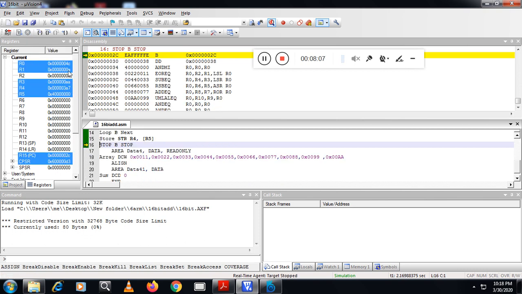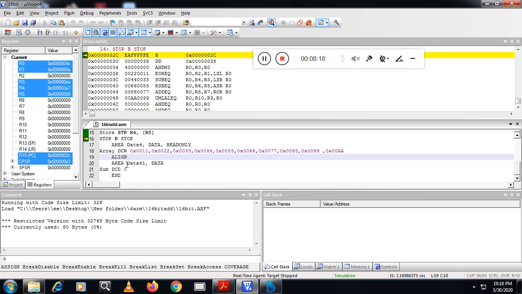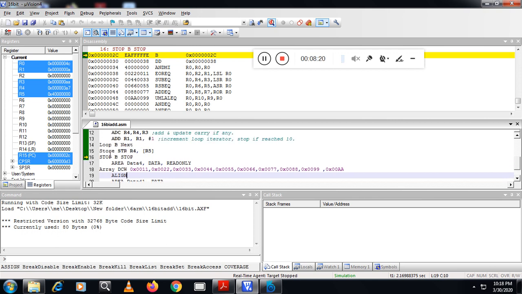So you can see now different registers, and the result is there in R4. Just see this last line of code: store R4 into the memory location pointed by R5. What is the memory location pointed by R5? This is 4000.